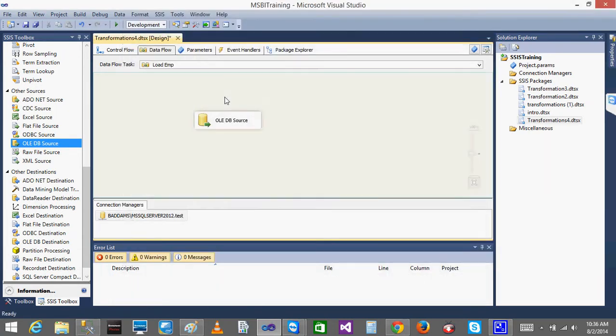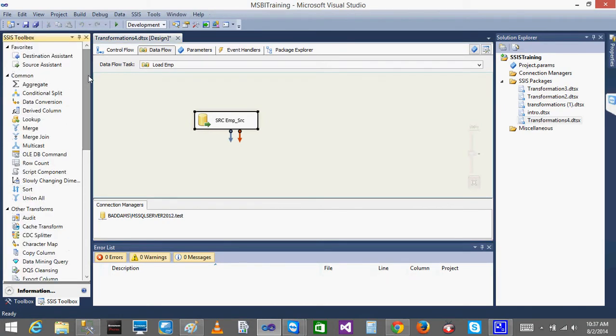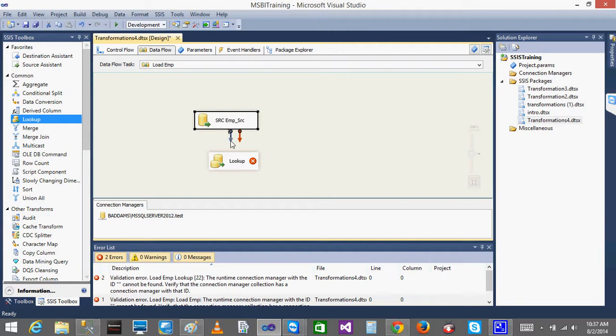Now we'll go step by step. I'll name it as SRC and the table name is EMP underscore SRC. Okay, we are done. After this, how are you going to know whether the record is there in the source or destination or not? Whatever record you get from the source, how can you say that the record is there in the destination or not? You need to look up that record in the destination, right? For checking, there are two steps in this. The first thing, you need to check whether the record is there or not. So what you are going to do is a lookup.